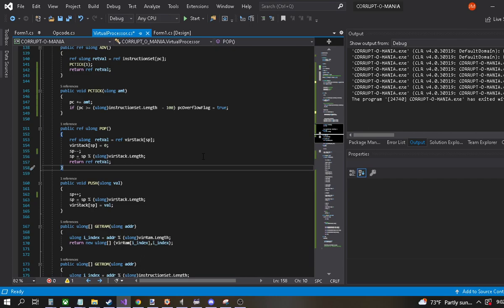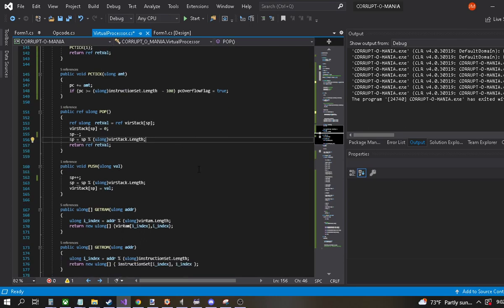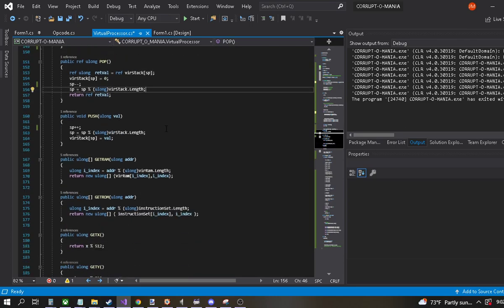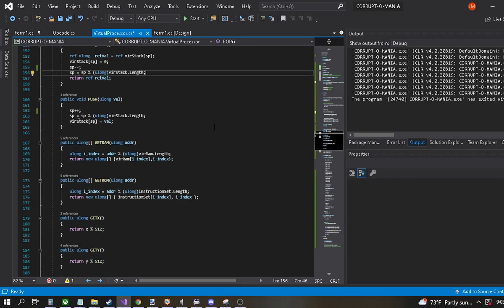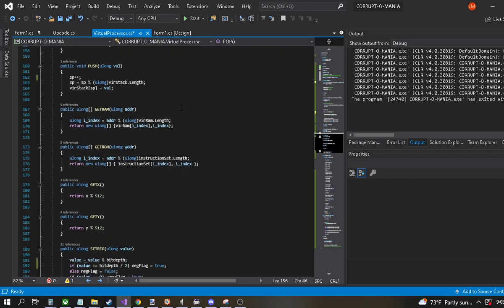Pop just runs on our virtual stack. It just returns the value, and it decrements the stack pointer. And push is the opposite. It shoves a value given here onto this stack, and then it increments the stack pointer. And then get RAM, it just